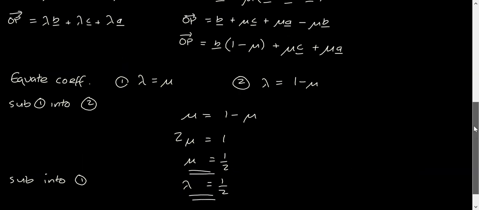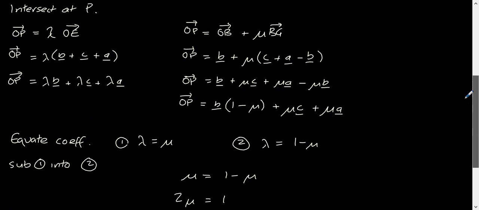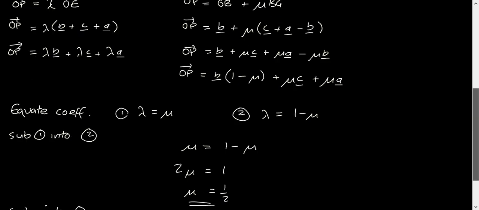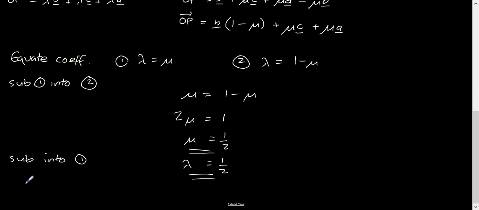Now, because we said that mu and lambda were the fraction of the diagonal, here it's lambda multiplied by OE, our diagonal. For here, it's mu multiplied by BG, which is our diagonal. We've therefore proven